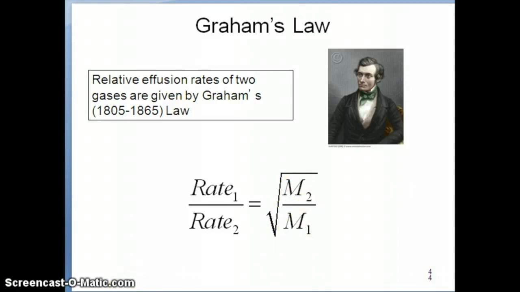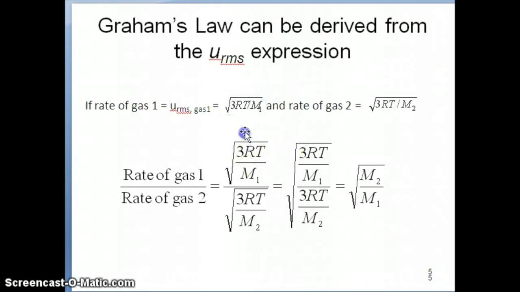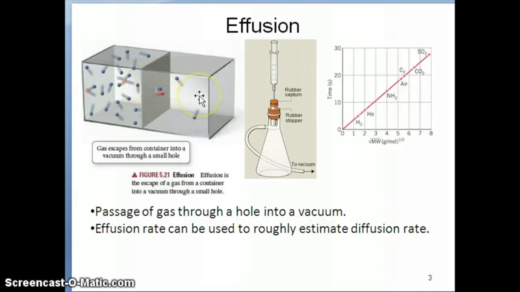Graham's law actually provides a really nice test for the validity of the kinetic molecular theory, because the kinetic molecular theory was developed around the same time. The idea is that if we can derive Graham's law using kinetic molecular theory, that's yet another proof that the ideas in the kinetic molecular theory are valid. In fact, you can assume that rate should be equal to the root mean square velocity, which is the average rate of a sample of gas.